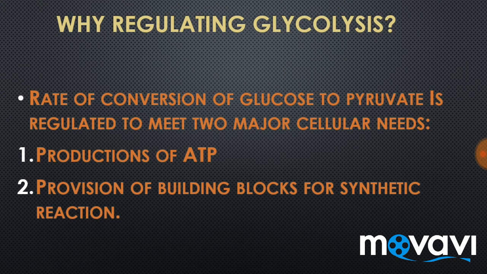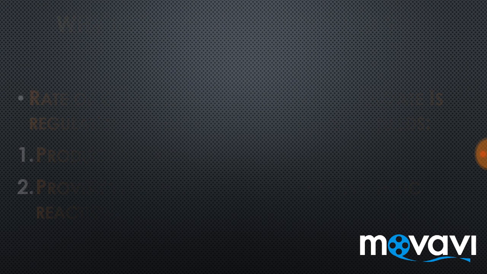There can be a problem in the synthesis of ATP, and the building blocks for the synthetic reactions cannot be produced, because we are producing the intermediates in glycolysis, and those intermediates are used for the reductive synthesis in other processes. For example, NADPH is used in the pentose phosphate pathway, and acetyl CoA we use in the citric acid cycle, also in fatty acid synthesis. So next is